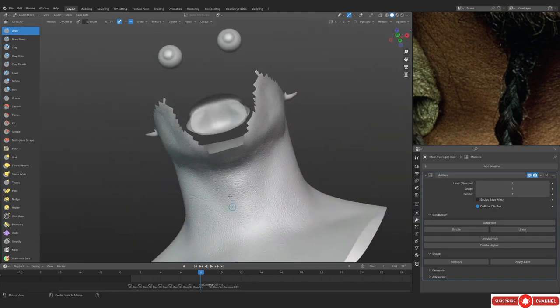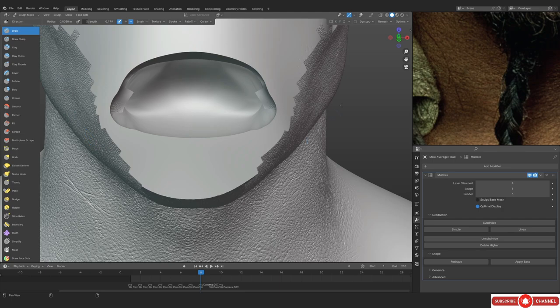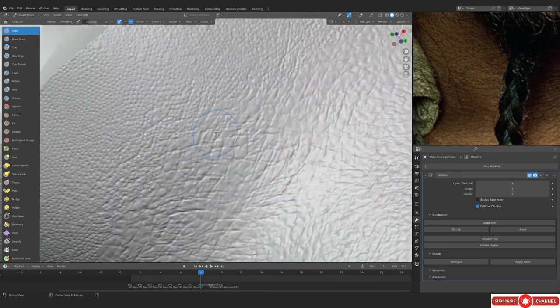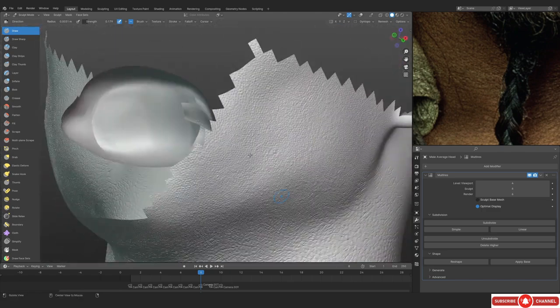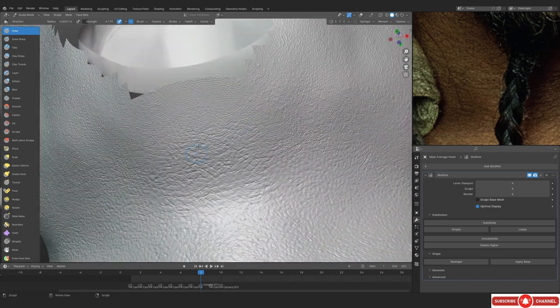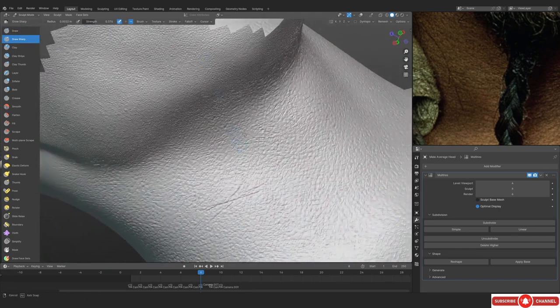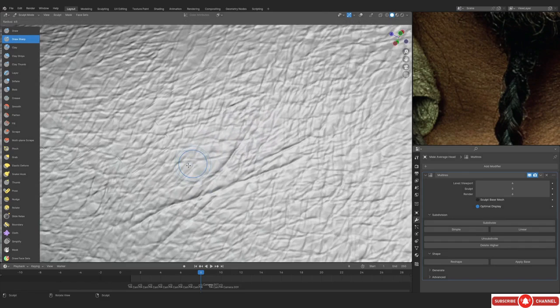This part you don't really see in render because it's covered in beard. So yeah, it doesn't really matter whether you blend it with the pores or not, if I'm being honest, but still you should, because not every character is going to have pores, right? So just make sure that you do this properly. In my case, it is pretty forgiving because he does have a beard and this part you don't even see, so it's okay, I guess.